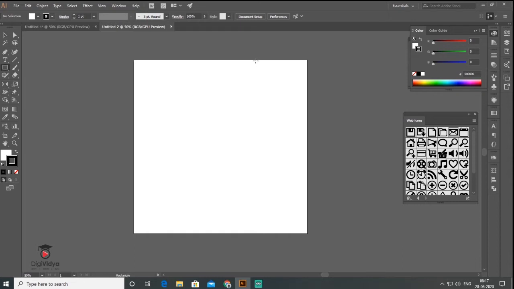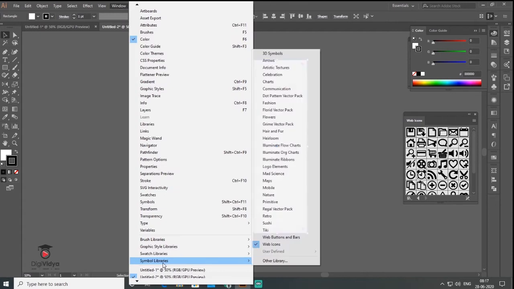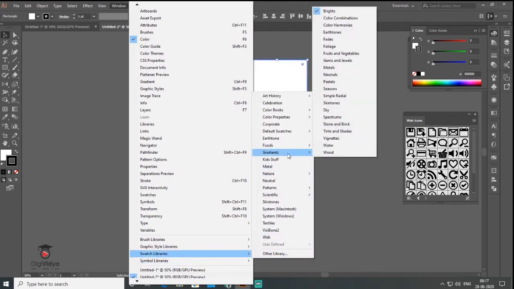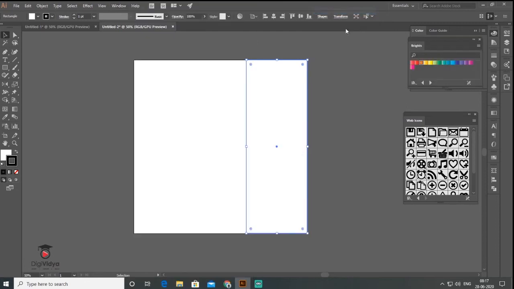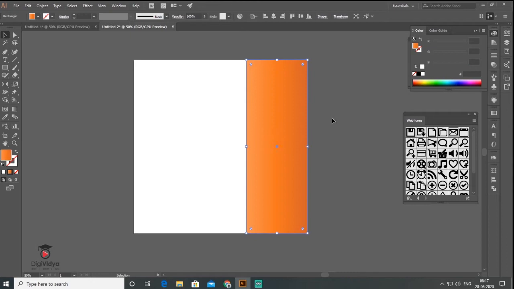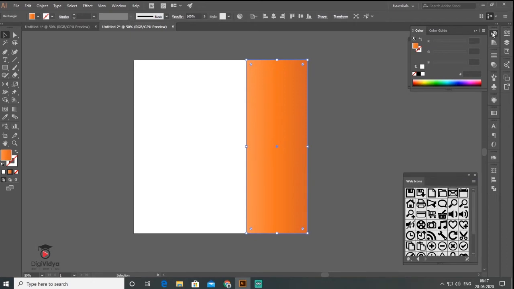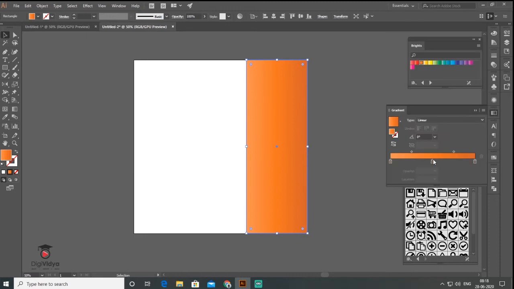For that I make a rectangle first, and I want to put some gradient color here. So for gradient color I go to Window, and then there is a Swatches library. There are some predefined gradients in here, and I go to Bright color. In Bright color I apply the third one. After that I want to customize the gradient. For customizing I go to the Gradient panel and customize here. I just select this,